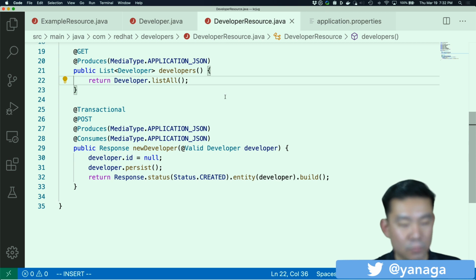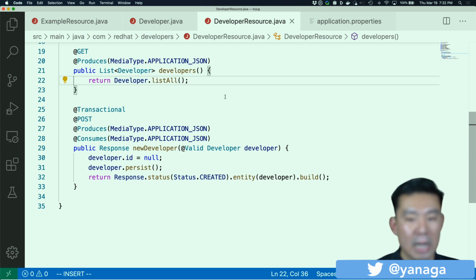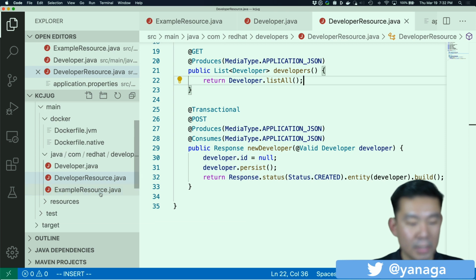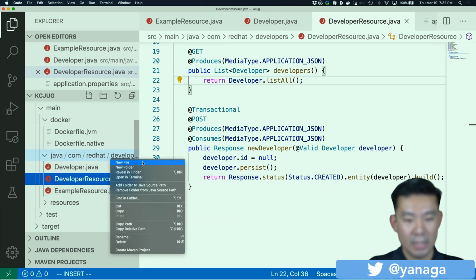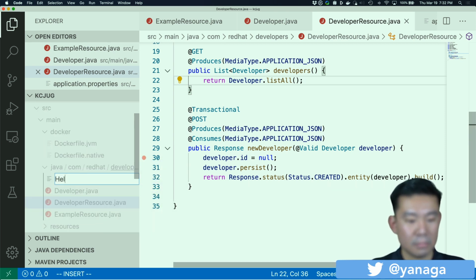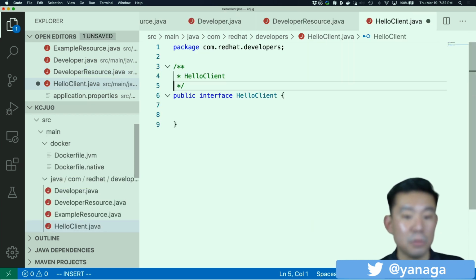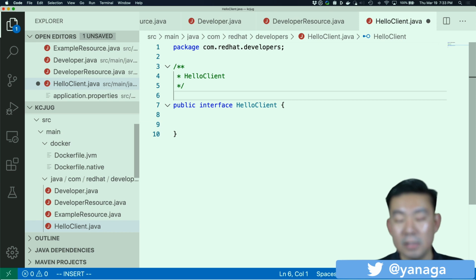For example, suppose that inside my code I want to access that remote REST endpoint hello using a typed interface. All I have to do is go back to my code and create a new file, HelloClient.java. It's going to be an interface, and I just have to mimic my remote interface using the JAX-RS annotations.